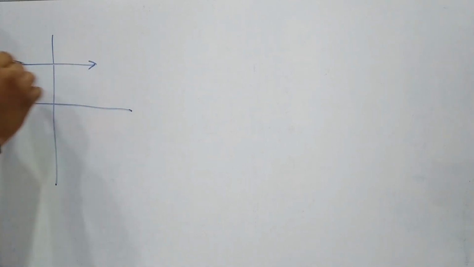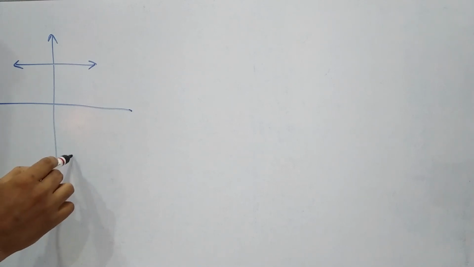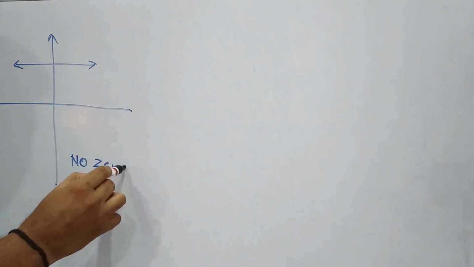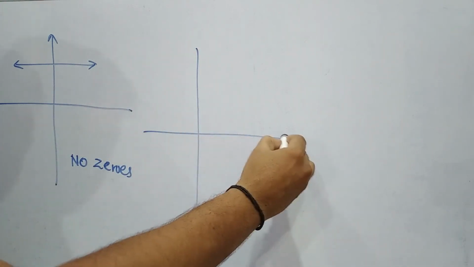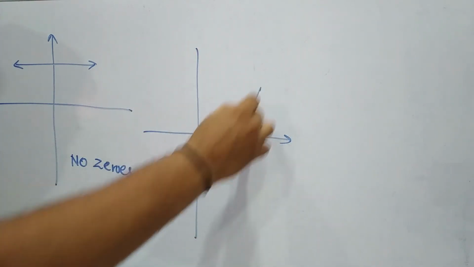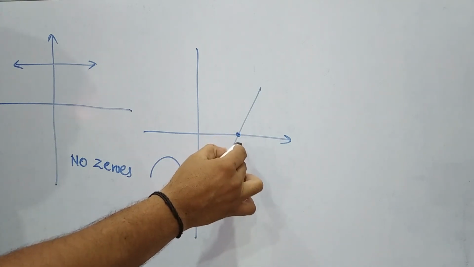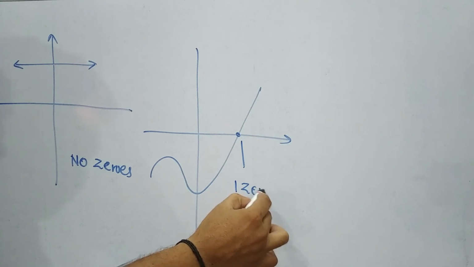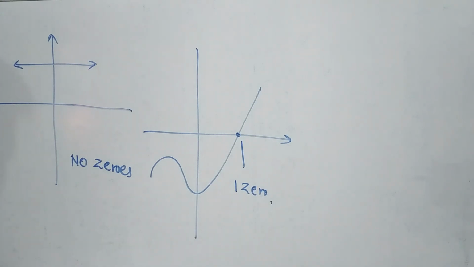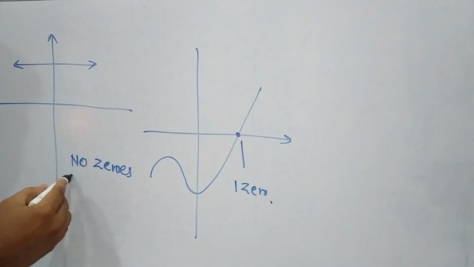Now let us take two more examples. See, exercise 2.1 is there. Now here, this is the line which is not intersecting the x-axis, means no zeros. So this particular curve or line does not have any zeros. Then if I take another example, here it is cutting the x-axis at one point, so 1 zero. Okay. So likewise you can find out the number of cuts or intersections by the particular curve or line and determine the number of zeros.